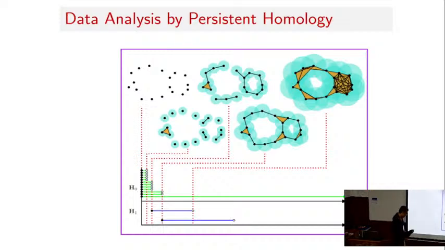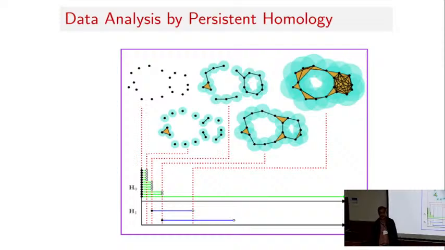So from this movie, what you get are these bar structures, and the long bars will tell you what the prominent features are that ultimately come from this point cloud data. Now we can relate from the data analysis all the things we want to do.